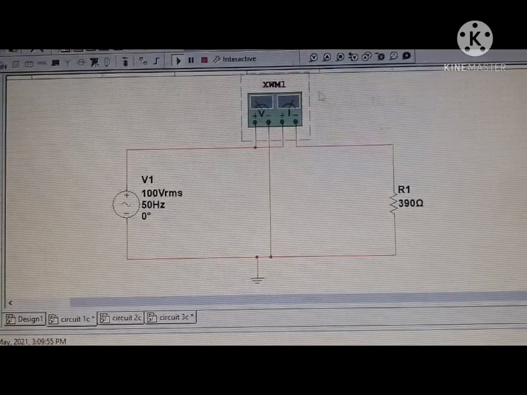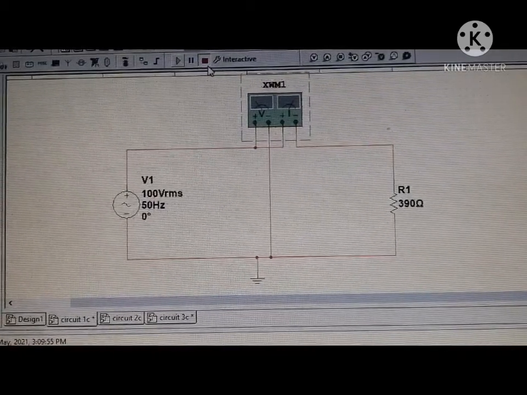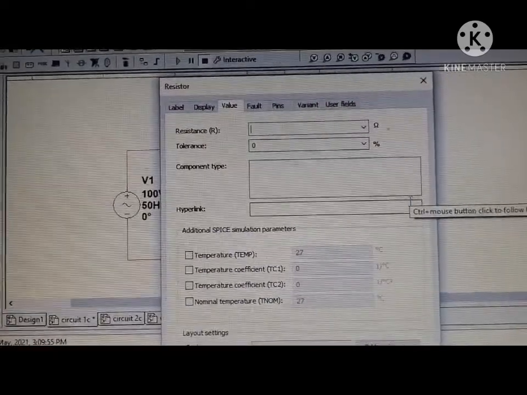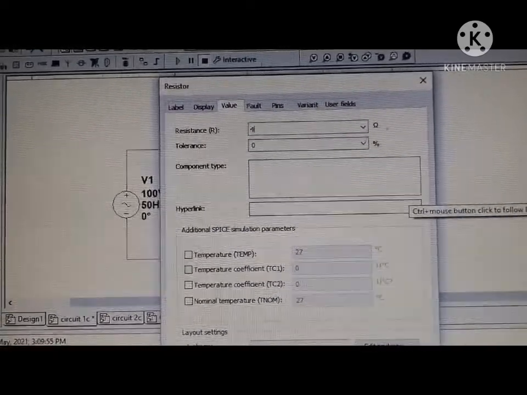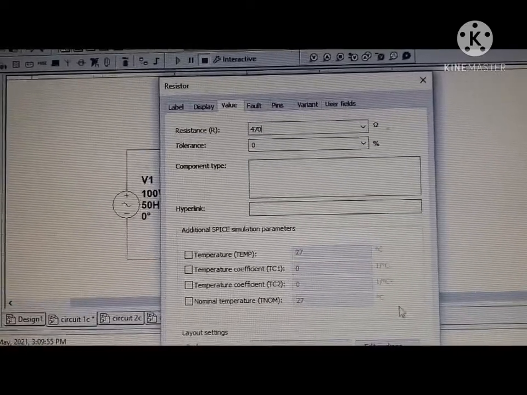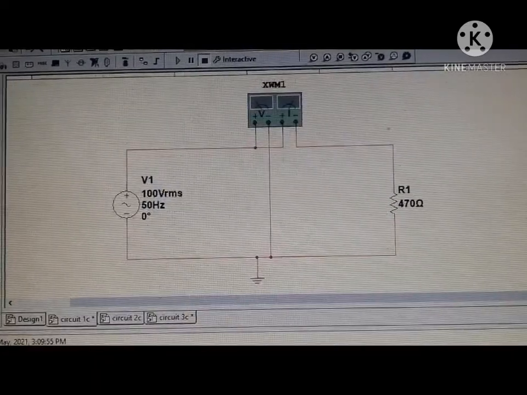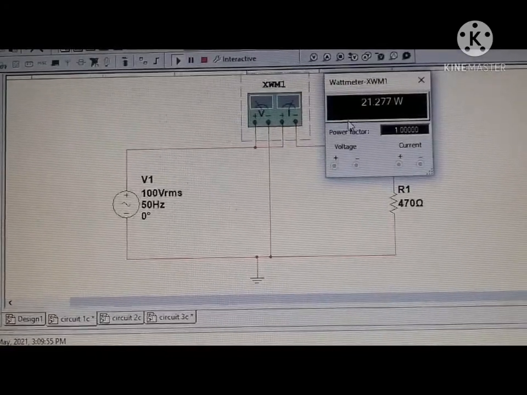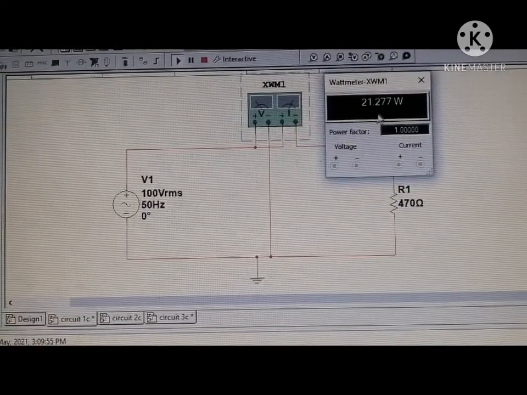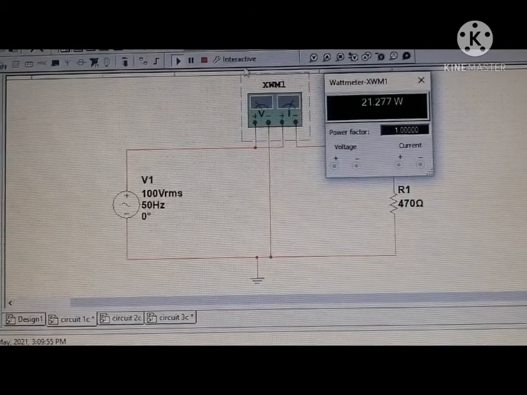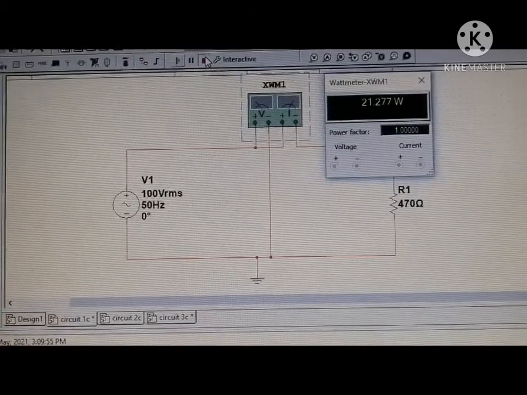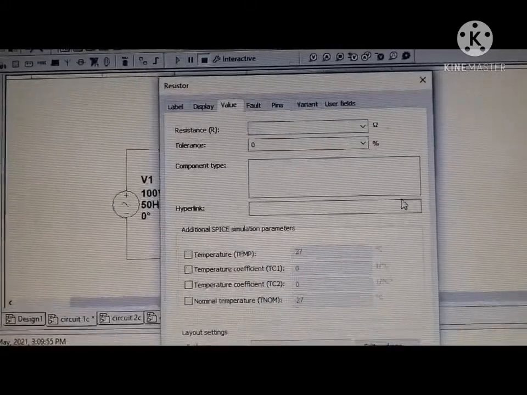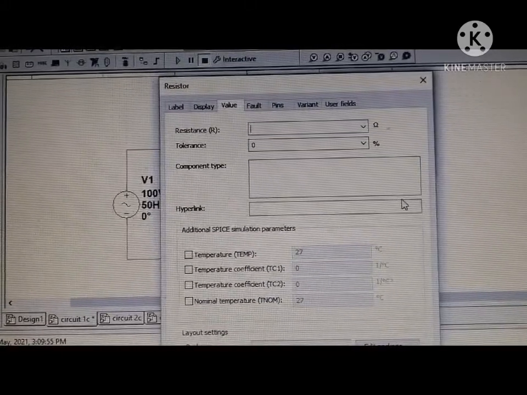Alright, so stop the simulation and then change the value of the resistor to 470. And then run the simulation and then you will get 21.277 watt. Alright, so stop the simulation and change the resistor to 860